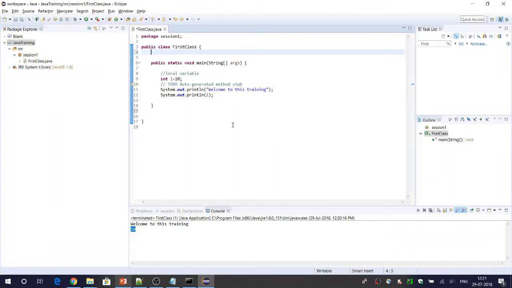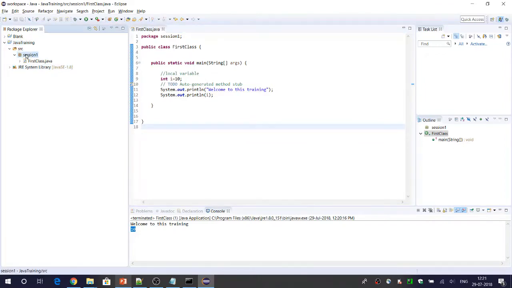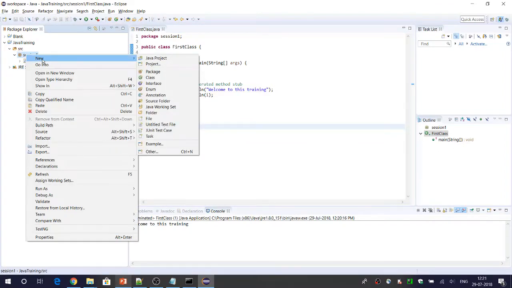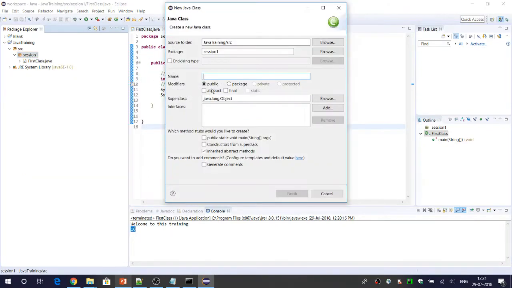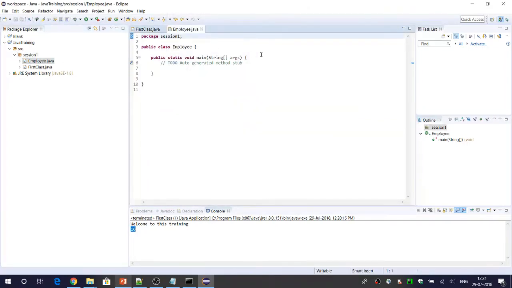For our understanding, I'm going to create a new class. I'll say new, and I'll say class, and for simplicity, I'm going to create Employee for us to understand. And I'll have main also defined. I'll say finish. Now after the class declaration, I am going to create, let's say, one variable. I'll create one variable with the int, employee